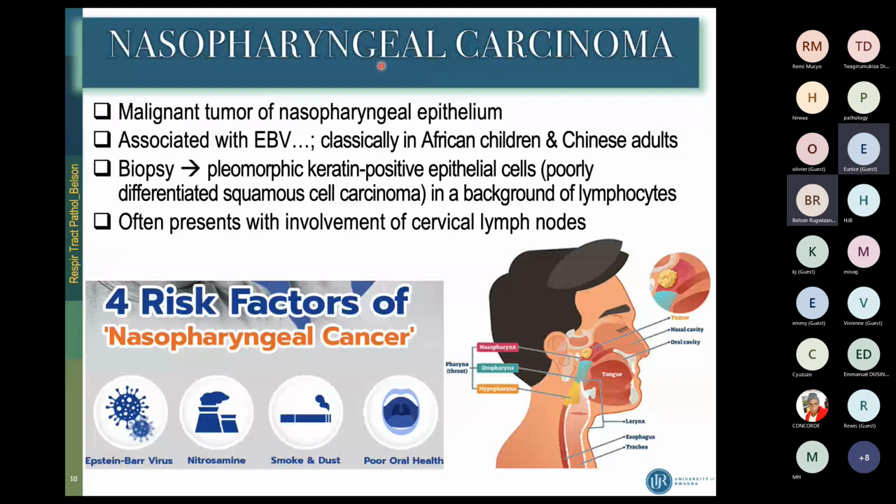So you see its location, the location of the nasopharynx. You see this is the oral cavity here, nasal cavity. So it is just a bit above the junction of the oral cavity and nasal cavity. So above the oropharynx is where we have the nasopharynx. So these carcinomas, of course, there are many subtypes, but the poorly differentiated squamous cell carcinoma is associated with